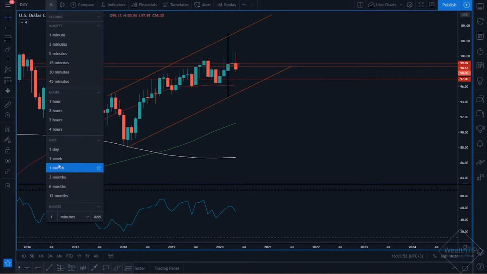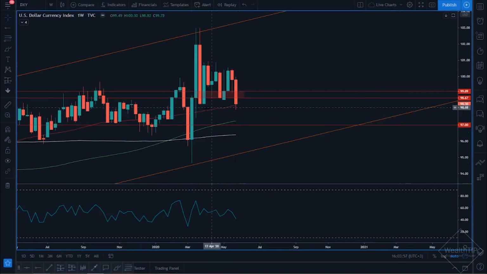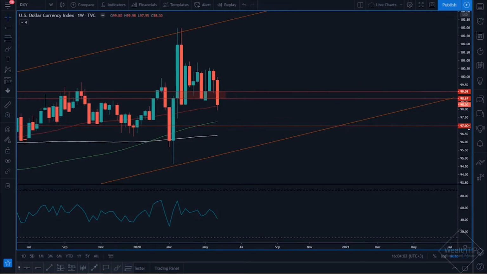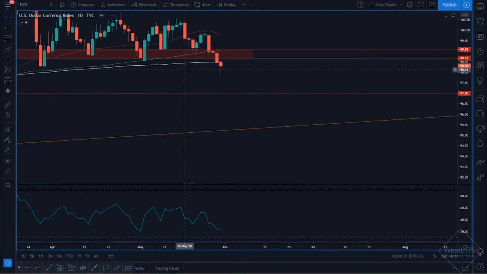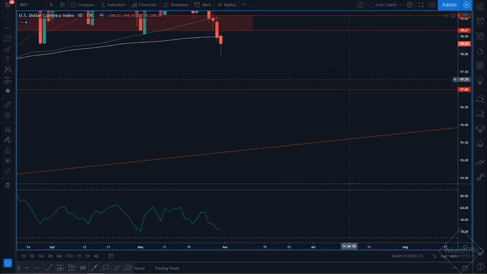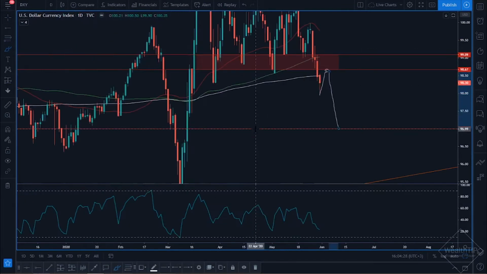in the coming week. If we go over onto the weekly time frame, what we can see is that currently we are using this moving average over here as a dynamic level of support, which is not surprising because what I suspect is that we could see a short-term blip to the upside, only to have the market eventually running further to the downside. I'll be able to explain that in greater detail on the daily time frame. So what I argue is that we could see the dollar index potentially wanting to run all the way up to this point over here, around this support zone, to get more sellers into the market and then ultimately push the value further down.